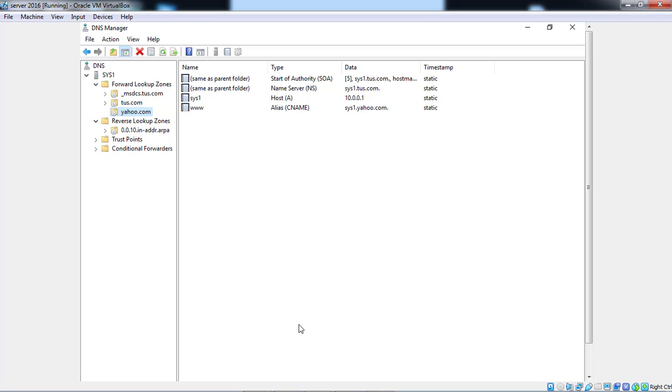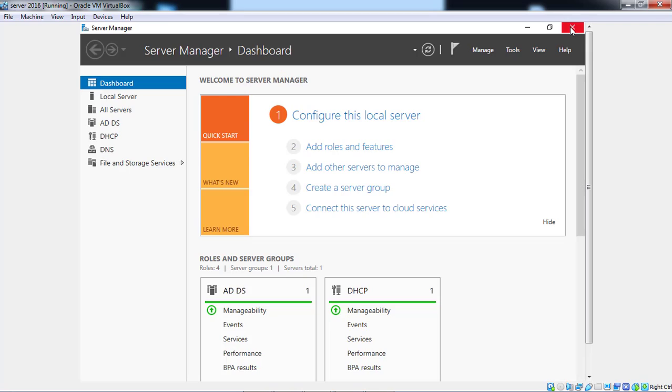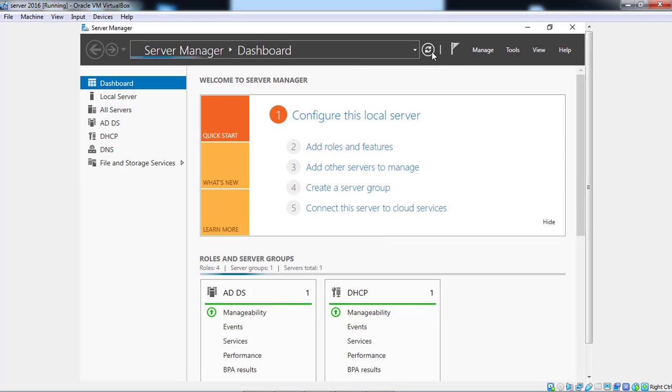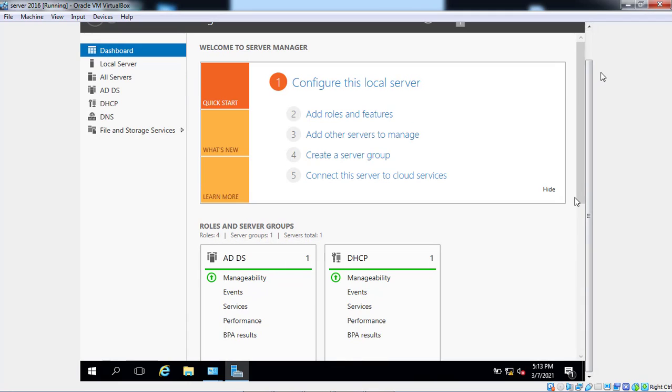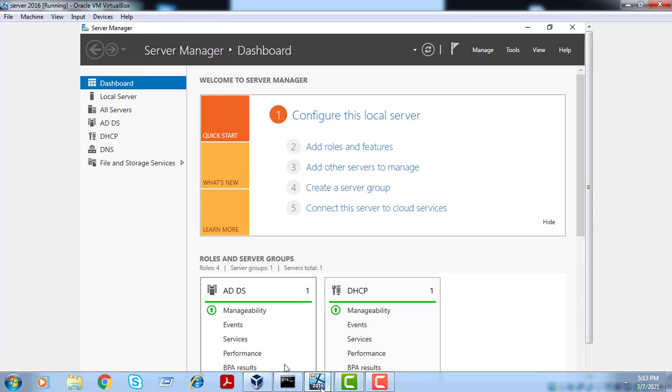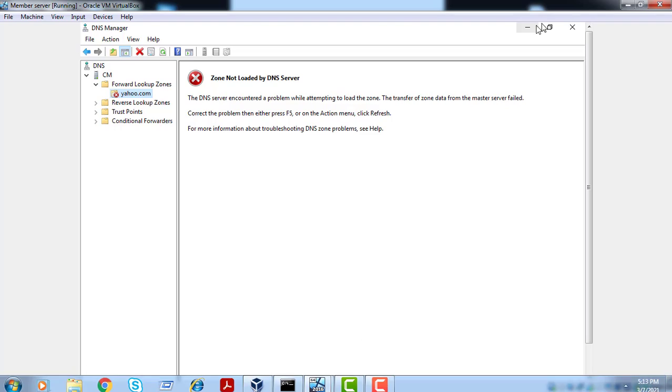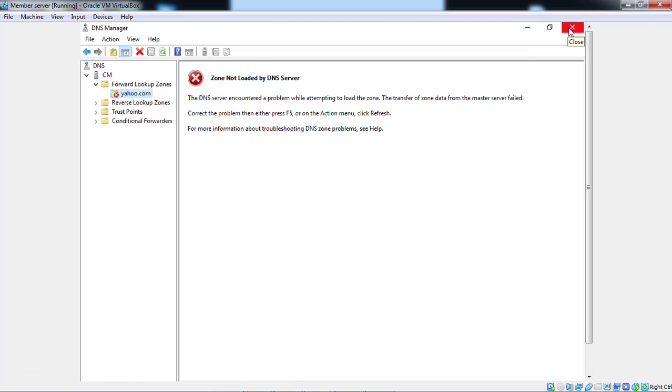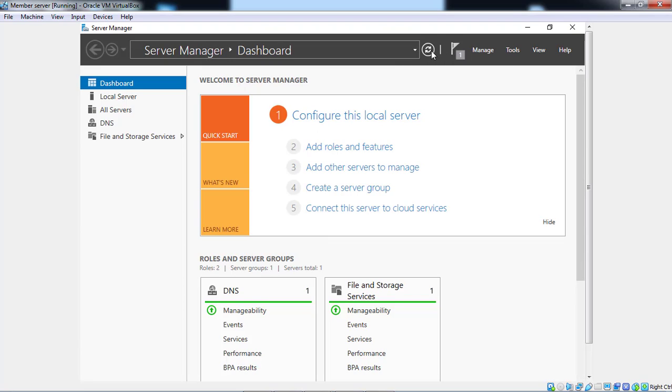This is our configuration on our Server 2016. First we have to refresh on both sides. Refresh.